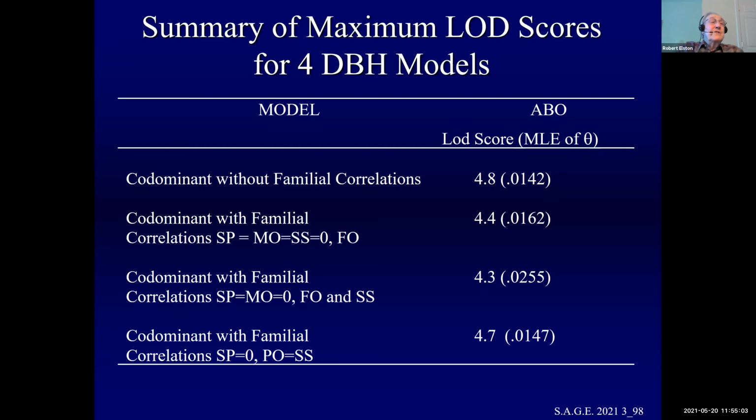If we put in some familial correlations, it goes down to 4.4 and a recombination fraction of 0.016. And next, if we put in some